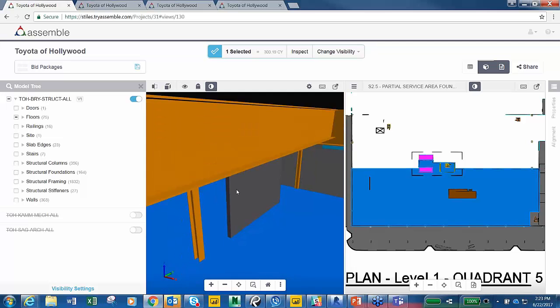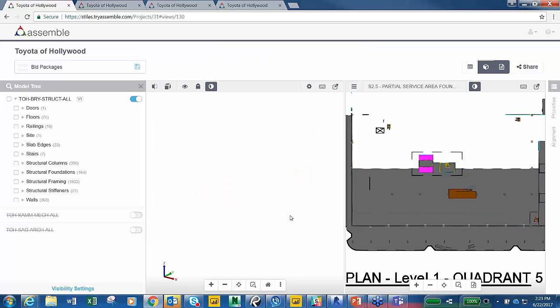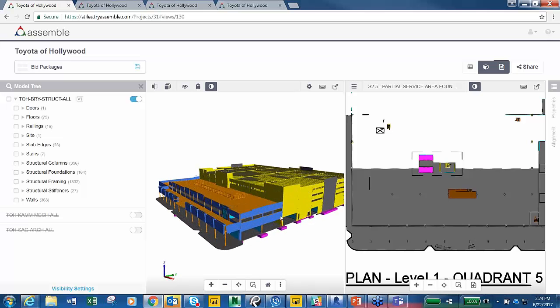Here I'm going to turn off my color overrides and zoom back out. You can see that I have this lovely rainbow of colors that I've colorized my model on, based on the bid packages that I've put things in. Really no meaning to the colors other than I just want to differentiate between different things, and I know what